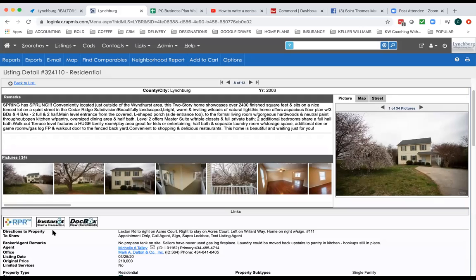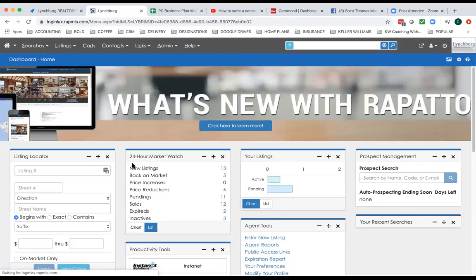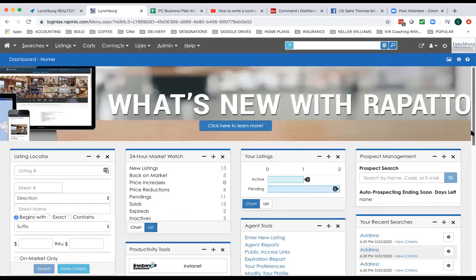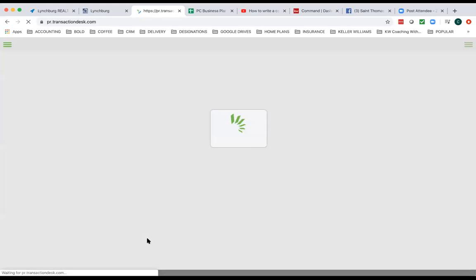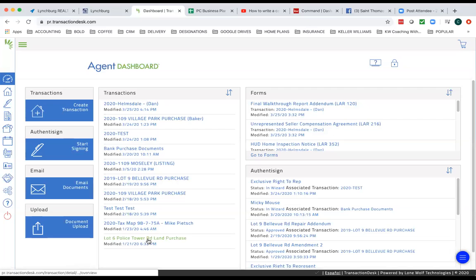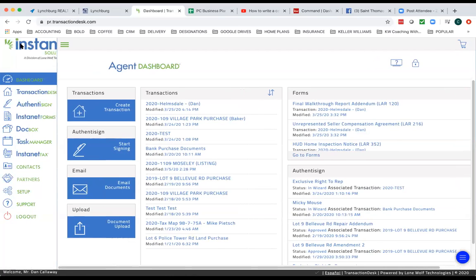I would like to go directly into Instanet, which you can also get to from right here. I would like to go into Instanet first and just familiarize you with what this is all about. I don't know how many of you are actually using it or have ever used it, but it's a fairly simple system to use. When you hit these three green buttons,